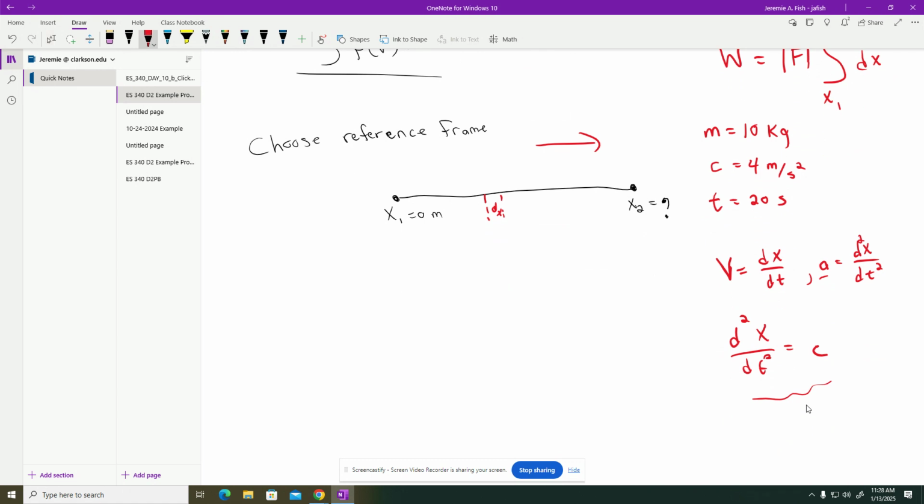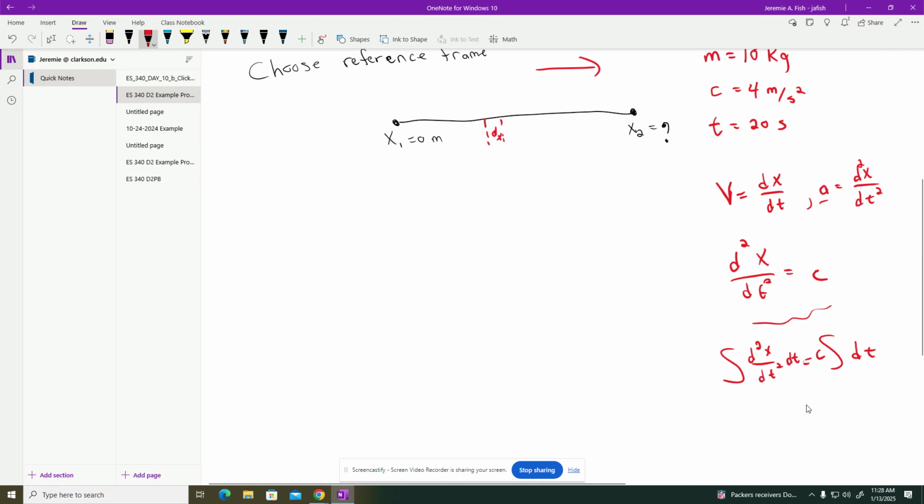So in this case, if I were to integrate this with respect to t, I can pull the constant out of that integral. Then what I get is dx dt is going to be equal to c times t, right? If I go from t1 to t2,